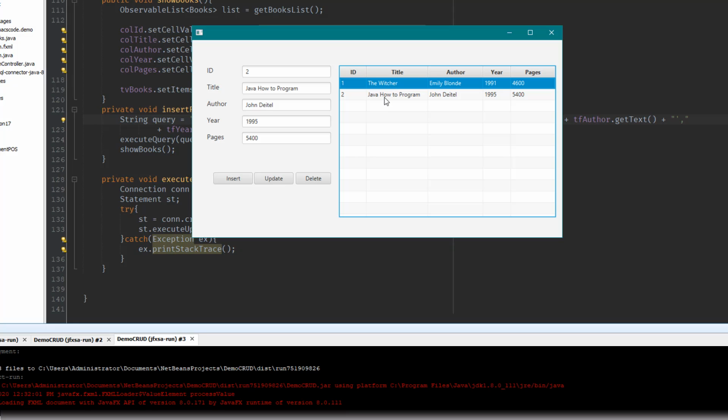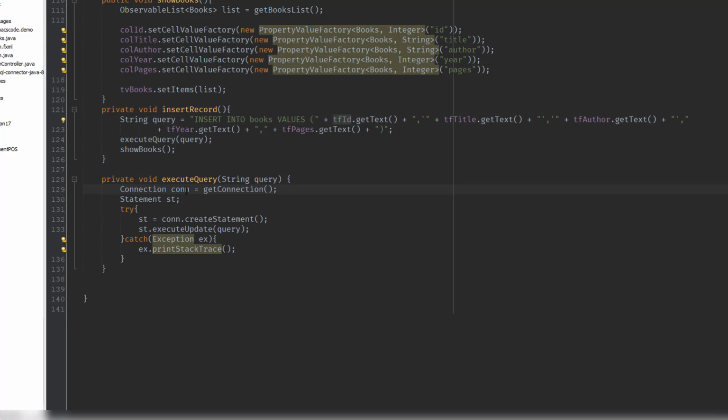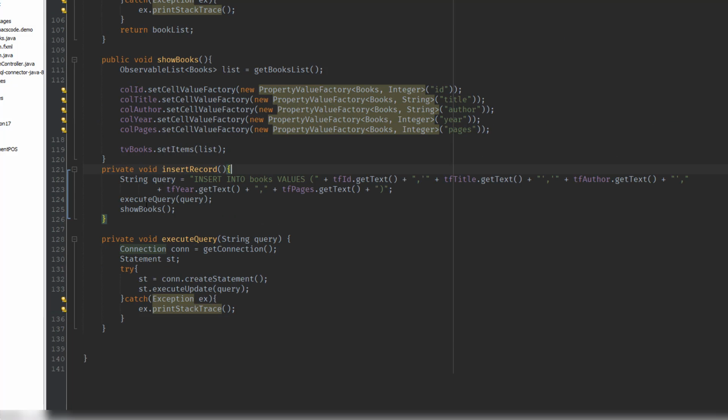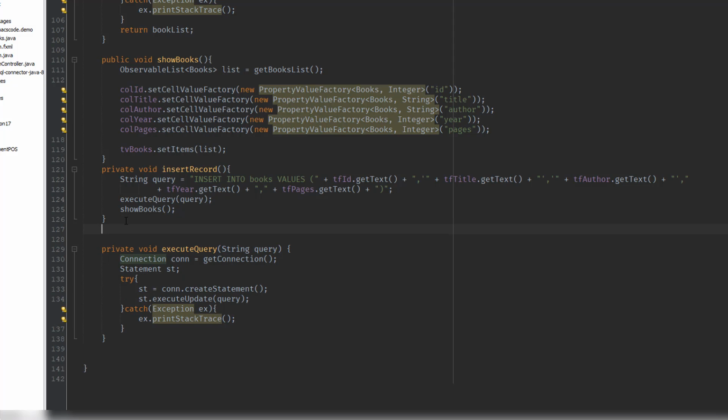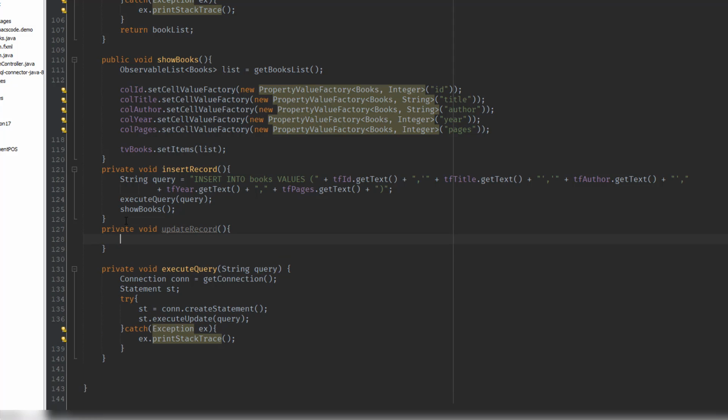Now the second method that we're going to add here is the update button, or I mean the update method. So we have here the insert. So all we have to do now is add also the method for our update. Okay, so we're having the read, we already have the insert record, so now we're going to work with the update record. Okay, and then in here we could also